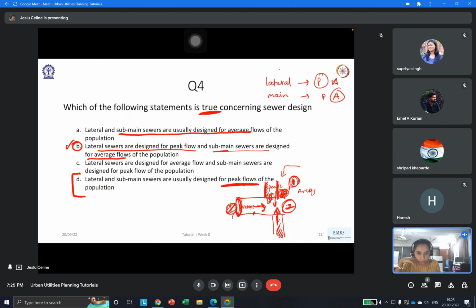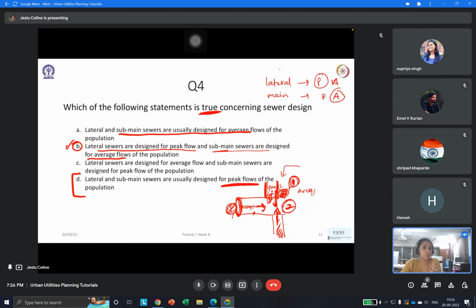Whatever is coming as peak, the mains and the laterals should be able to accommodate that, because otherwise, firstly, designing one for peak and one for average doesn't make sense. The other way also, if the main is for peak and laterals are for average, that is also not a good design, because that much peak will never come into the mains. So that is also wrong. So ideally, both should be the same, and both we take as peak value,